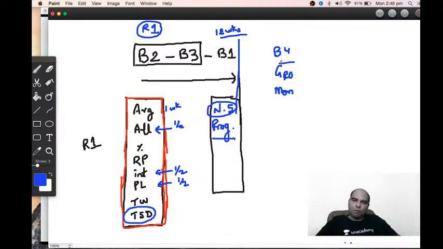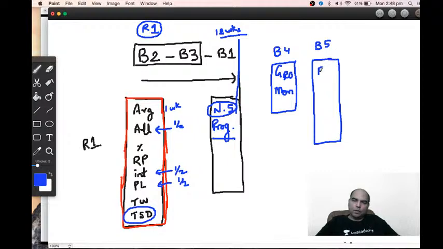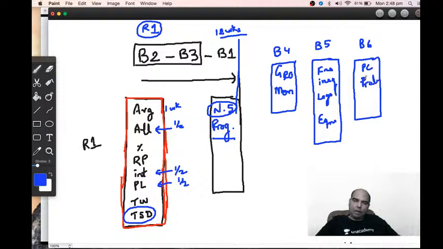Block 4 is geometry, mensuration, coordinate geometry. Then you come to block 5 which is functions, inequalities, logs and equations. And then you come to block 6 which is permutation, combination, probability. And while you're doing block 4, 5, 6, block 4, 5, 6 of the first round is another 10 weeks. 1 week per chapter.